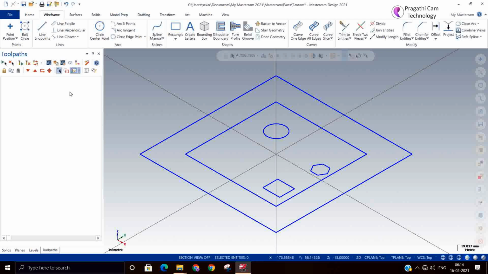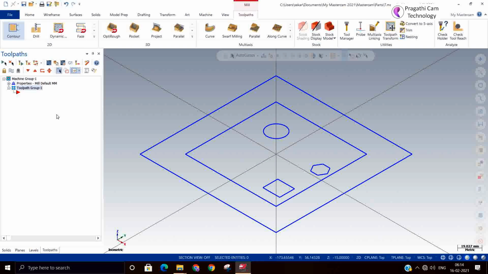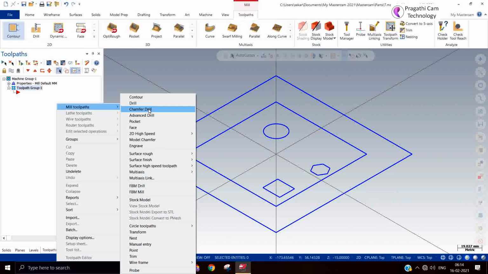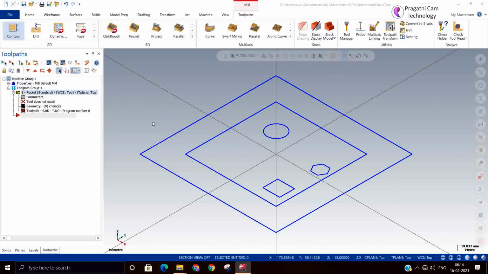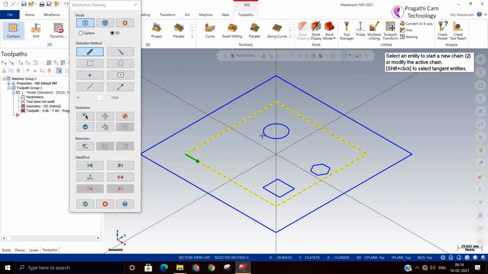To avoid this, the island facing option has come. So I went to toolpath, pocket, and select the chain. I'll select the inner chain. This is the second chain, third chain and fourth chain. Say OK.